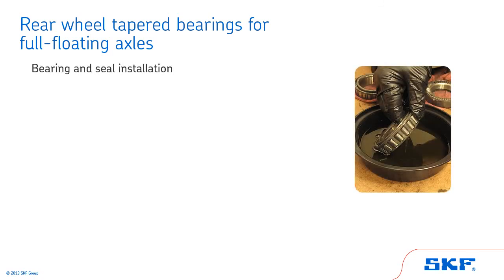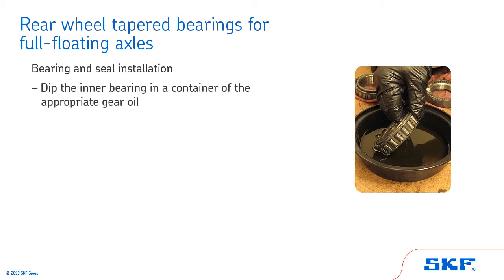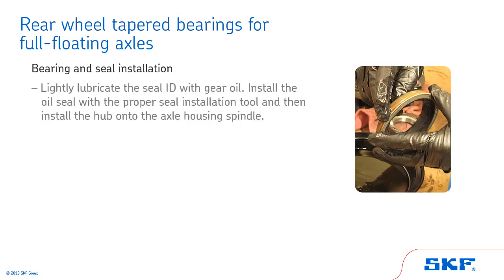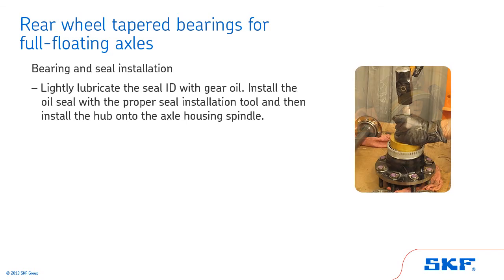Finally, let's review the bearing and seal installation process for rear wheel tapered bearings for full floating axles. Start by dipping the inner bearing in a container of the appropriate gear oil. Then install the inner bearing into the hub. Next, lightly lubricate the seal ID with gear oil and install the oil seal with the proper seal installation tool. Then install the hub onto the axle housing spindle, being careful not to damage the seal while pushing the hub